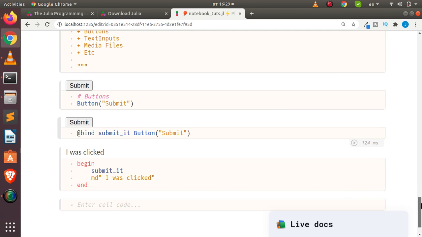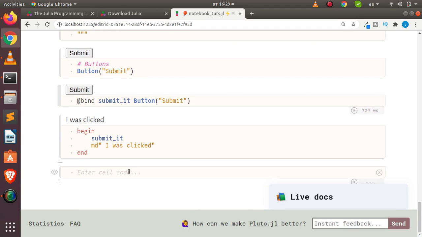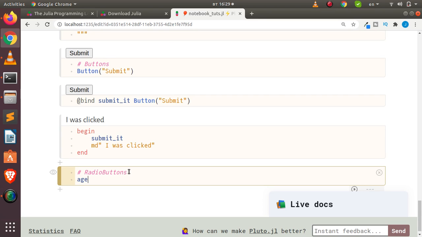Now let's move on to radio buttons with Pluto UI. Let it be radio buttons. So to do radio buttons, let's go something like this. You bind it first, bind, right? Then let's give it a gender, right? Then to bind it, I'm binding the variable called gender to my radio button. Then this radio button takes